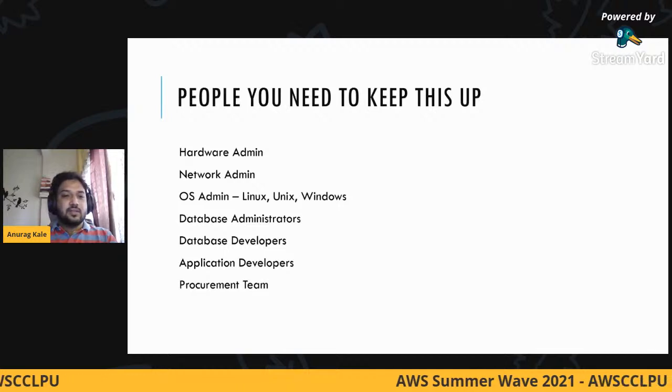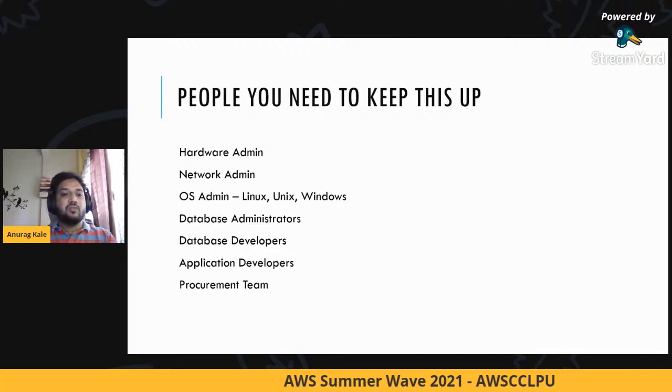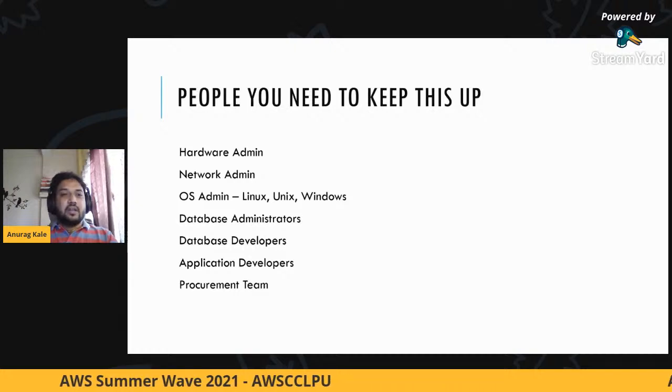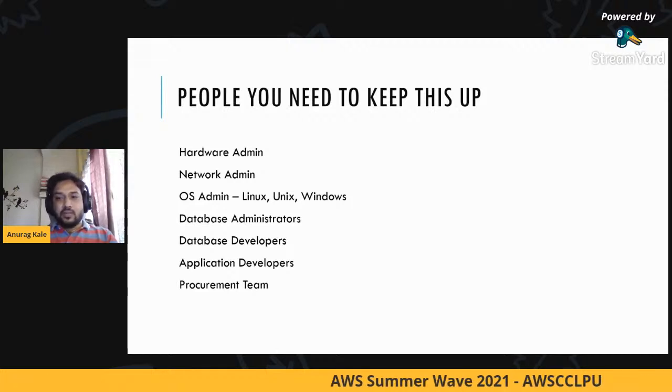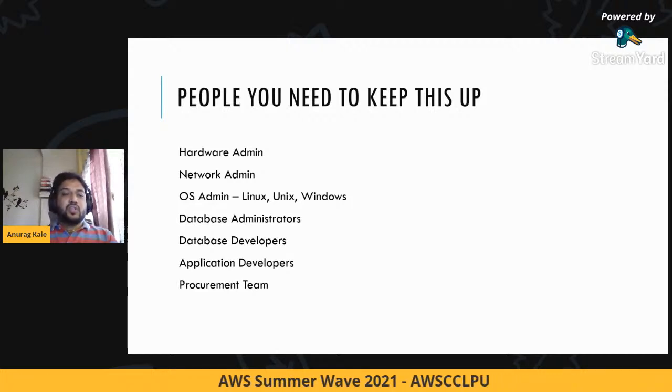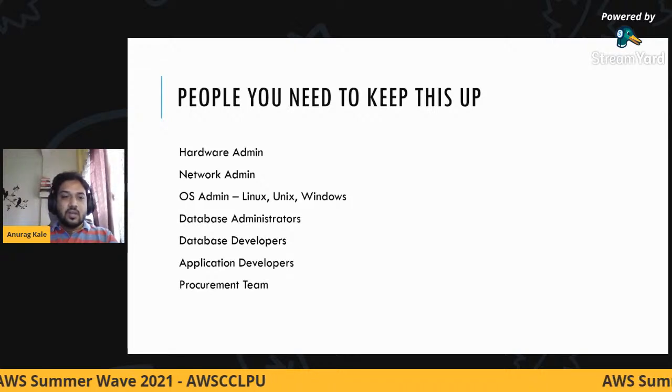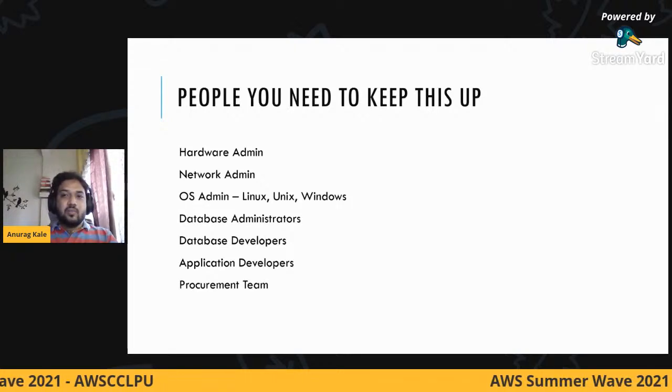So this is how a traditional setup before cloud used to work. These are the number of people that you would generally require to keep your database up and running. So this is how tedious it was. Things changed a bit since relational databases came into the picture, and how they have changed will be the next topic that we will look into.